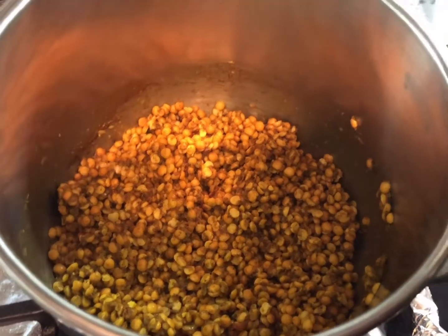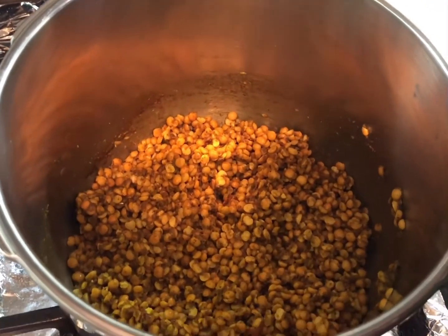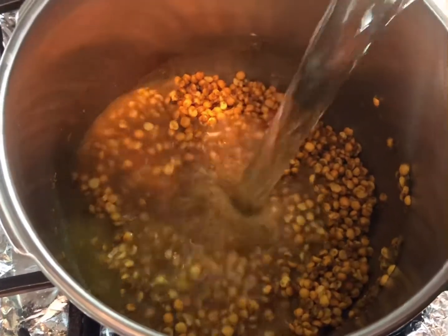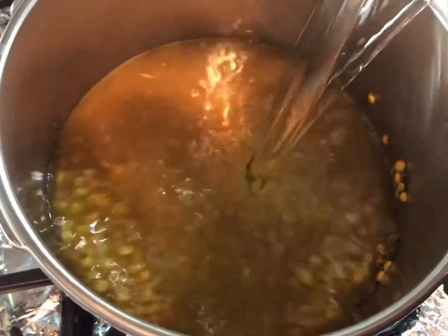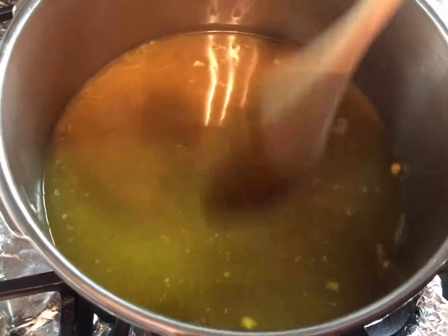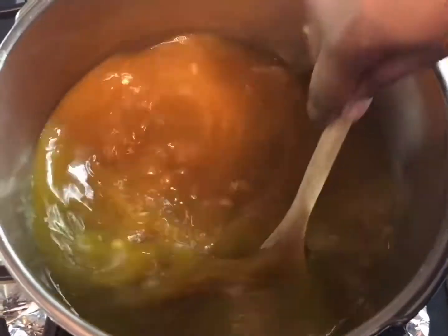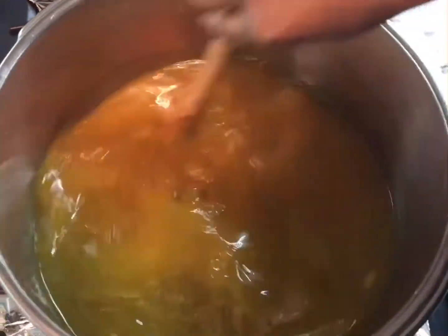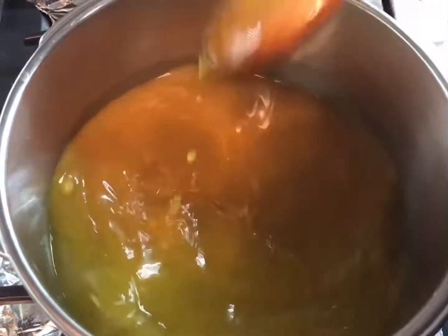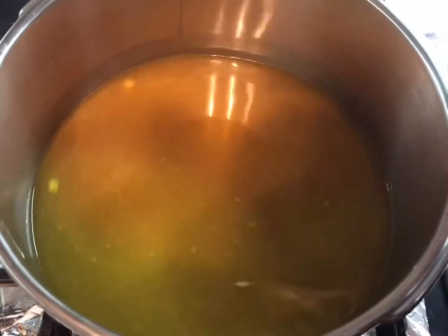So you wanna add, I have 2 cups of this dal in here, the split peas. I'm gonna add 4 cups of water. And don't be afraid guys. Add your 4 cups of water because this takes a little while to cook. See how it looks? It's already looking like it's dal. You add 4 cups of water because that's gonna help to cook the dal and make the grain soft and